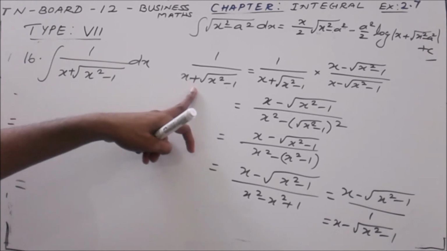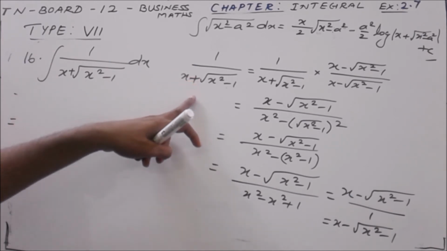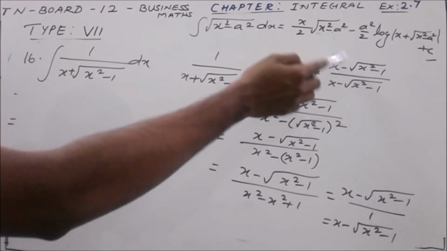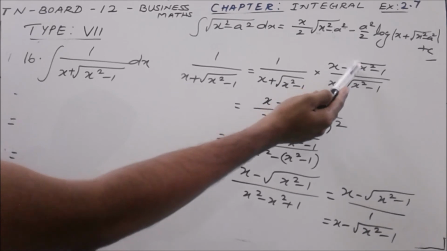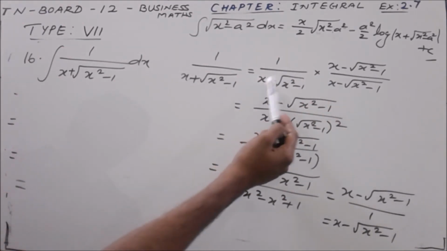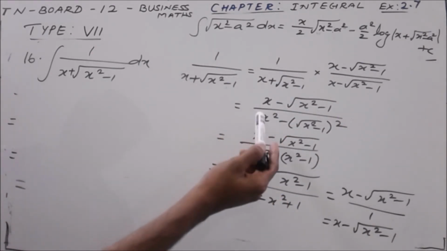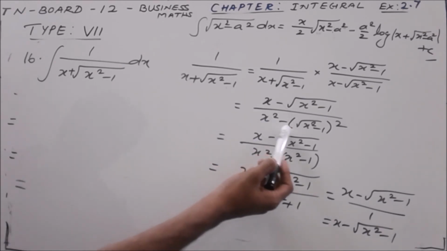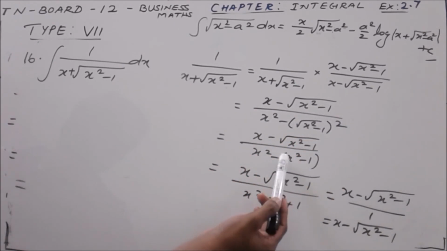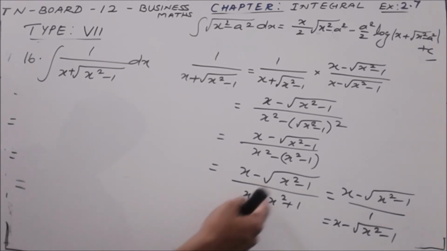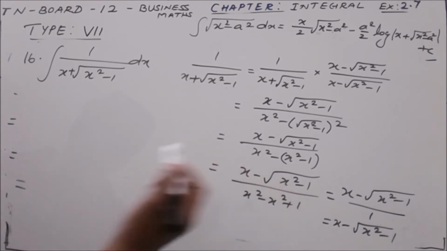So taking the conjugate of this, the conjugate is x minus root of x square minus 1. Multiply the numerator and denominator by the conjugate. Now the numerator is x minus root of x square minus 1. Now the denominator is in the form of a plus b into a minus b, that is rewritten as a square minus b square. Now x square minus, we have a square, so the root will be eliminated, so minus x square minus 1 remains. Then multiply the minus inside, minus x square plus 1. So x square minus x square get cancelled, remaining is 1 in the denominator.